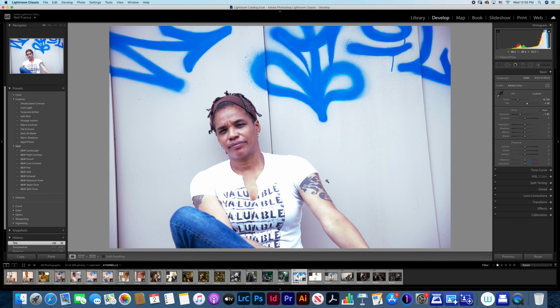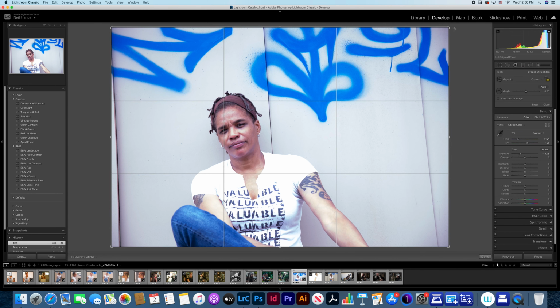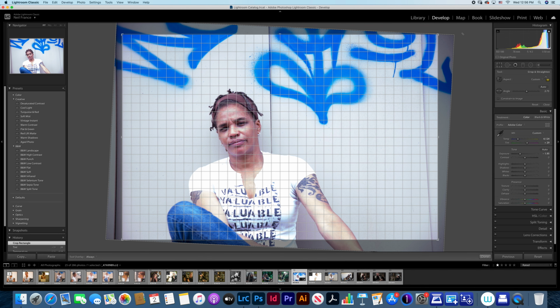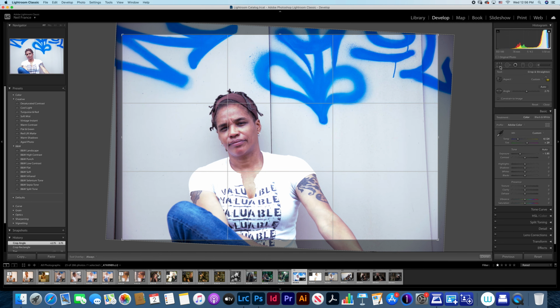You can see that she's sort of, as I shot this, she's at an angle. So if we want to correct that angle a bit, we can go to the crop tool. We can turn it thusly and straighten it up a bit, like using that line running down the middle.